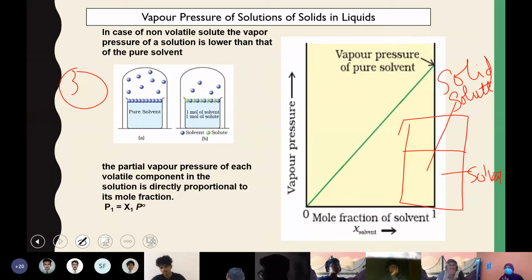So say, for example, you're taking 100 ml of water in a closed container, so it has got a vapor pressure. The same 100 ml of water, but this time you're adding 10 gram of salt as well. So that means it's a salt solution now, right? So what will be the difference in the vapor pressure when a solvent is pure and when it is part of a solution where you have added a non-volatile solute, a solid in it? What will happen to the vapor pressure?